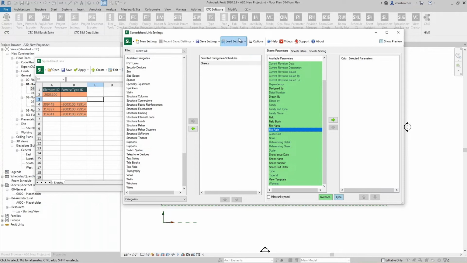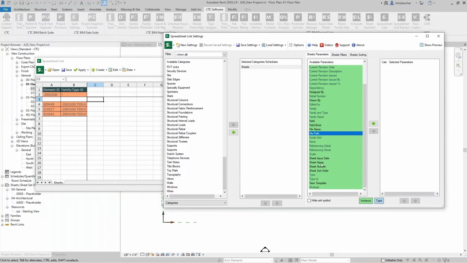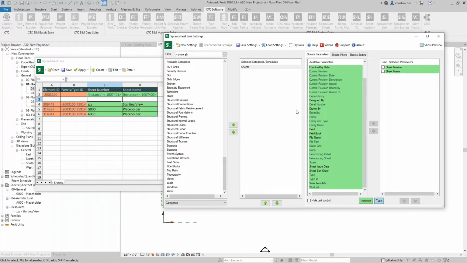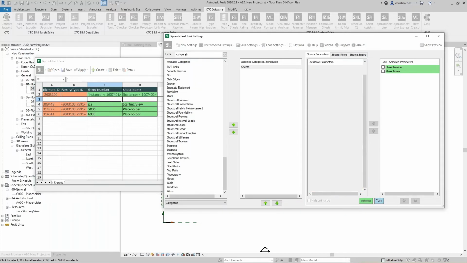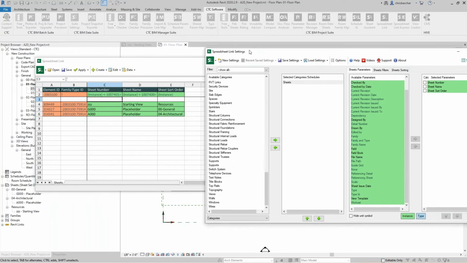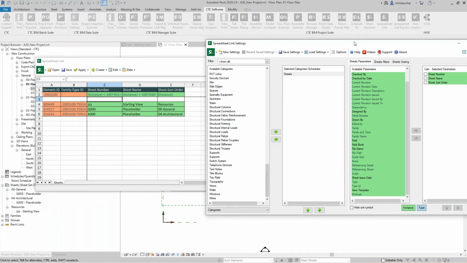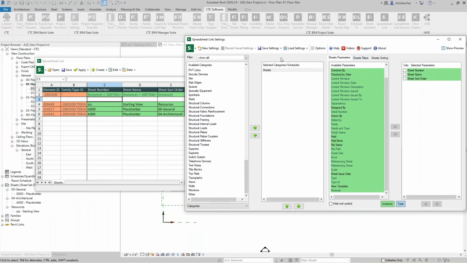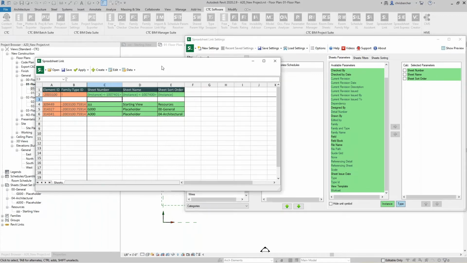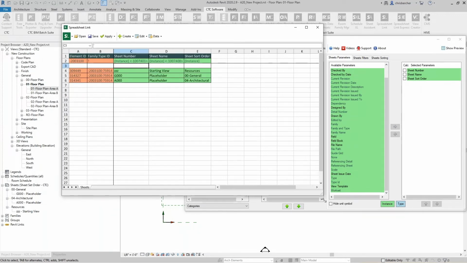Now, in Spreadsheet Link, I'm going to go ahead and select the sheets category, and you can see it start to populate here in the background. And I need to grab sheet number, sheet name, and if you have a sort order property that you like to use, you can add that in, or discipline sort order or sheet set sort order, whatever you use to kind of organize that a bit. I believe I'm using sheet sort order, so I'm going to bring that in, and sure enough, that's the one. So now I can build out all of my sheets, and to do that, I come over here to this Excel type preview window,